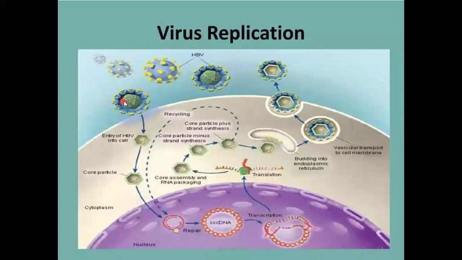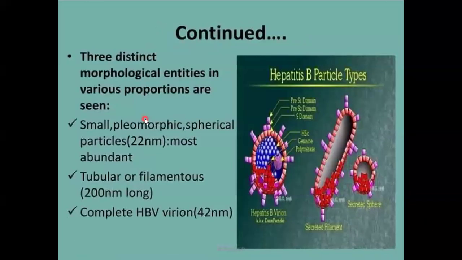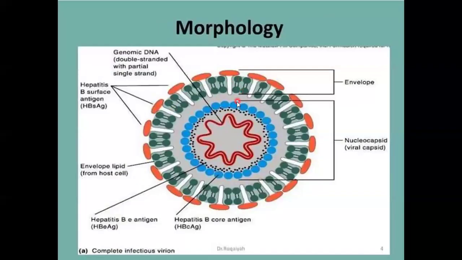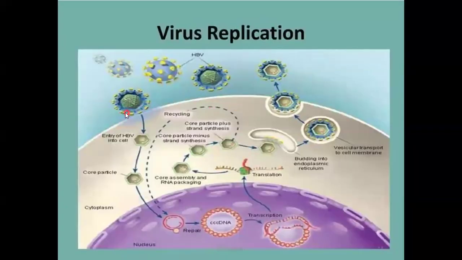So the hepatitis B will come. The one responsible for fusion is the surface antigen. There is a receptor, it will attach here. And once it does that, it will fuse, and once it fuses, it will enter the cell through endocytosis. Once it enters, the viral envelope, remember, it has an envelope here, will be removed, and the nucleocapsid, you see the capsid that was here,